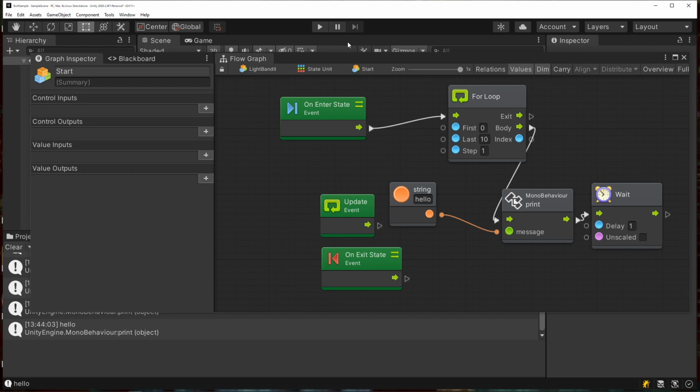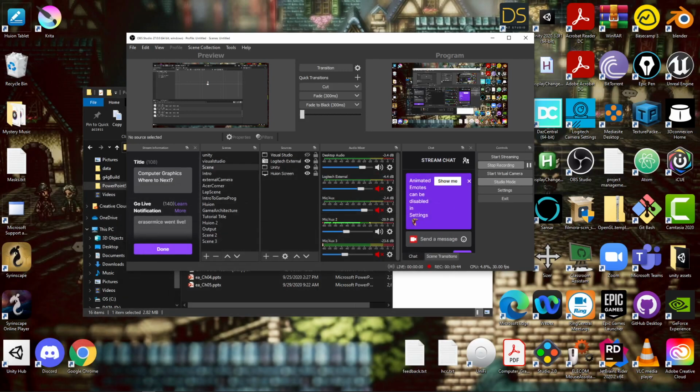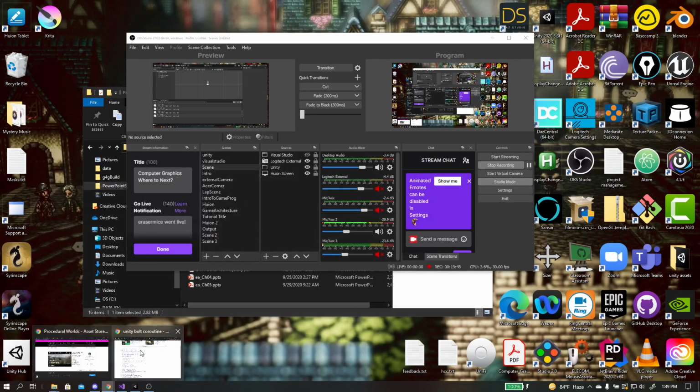Without calling it a go-to, you can kind of create these go-to weird things where you jump into the state and go to here. Ooh, blasphemy, blasphemy. All right, so that's Bolt. Now, if I manage to find the right place here,